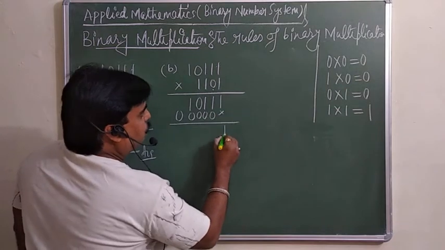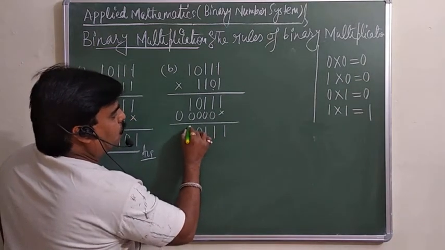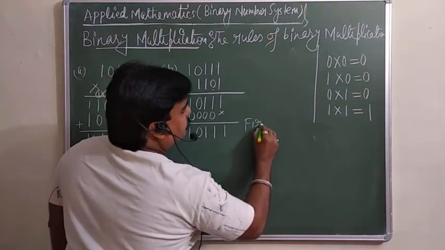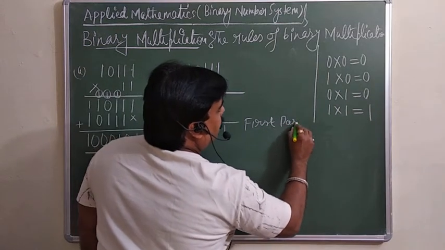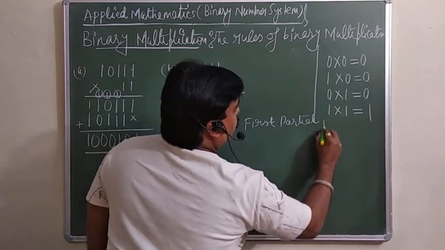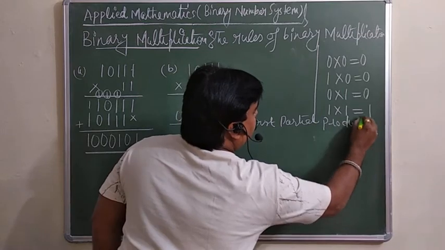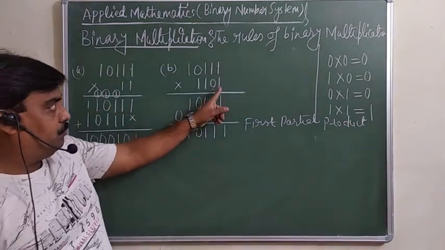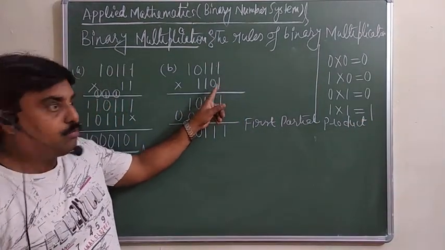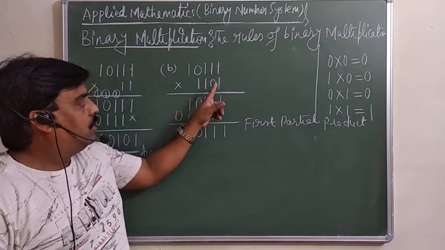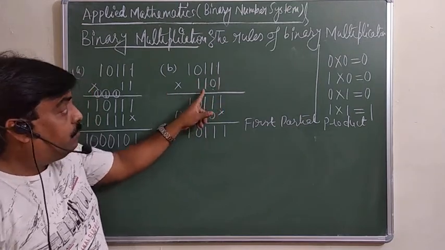यहाँ जो आएगा 1, 1, 1, 0, 1. This is your first partial product. See, now we are not multiplying by the 0, 1 only. We are supposed to multiply by these 4 digits here only. तो इससे तो हमने किया, इससे हो गया. अब we will multiply this one.